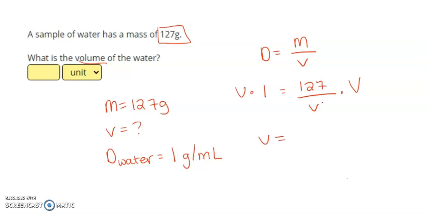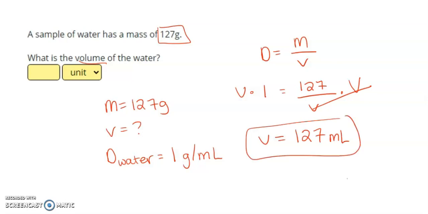Well, 1 times V is just V. On the other side, V cancels. So V equals 127 milliliters. So whether you just look at the problem and know that, oh, for water, 1 gram is equal to 1 milliliter, or if you solve it algebraically, you'll get that the answer is 127